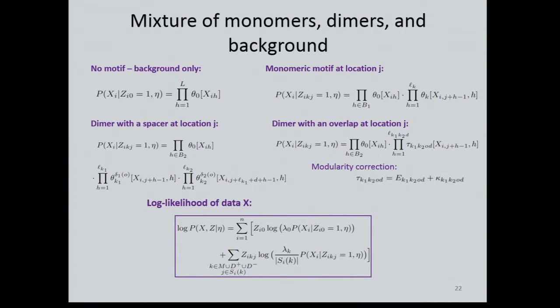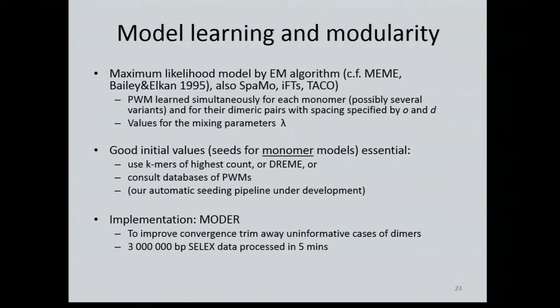This is for correcting the overlapping dimer as compared to the product of the monomer components. And the log likelihood is like this, and then to solve this we just follow the path of MEME, more or less. So we use the EM algorithm,